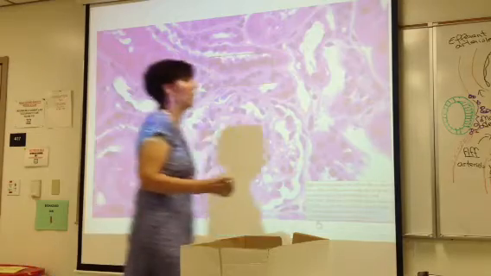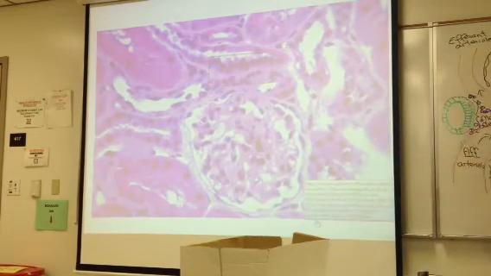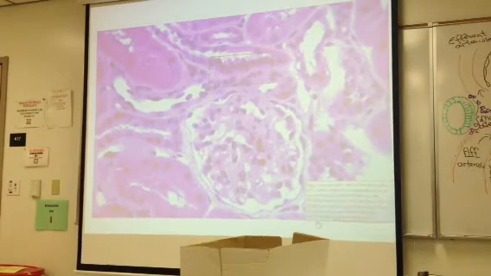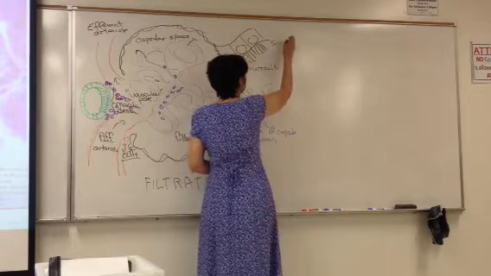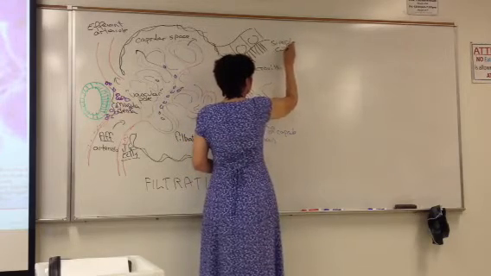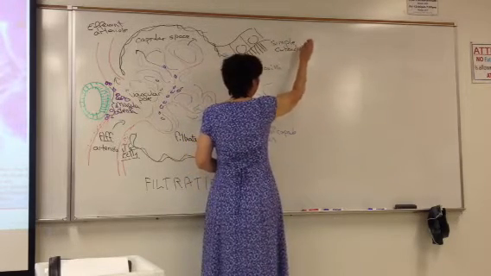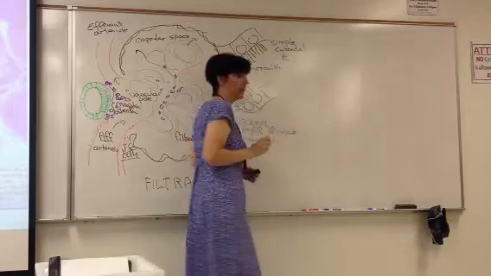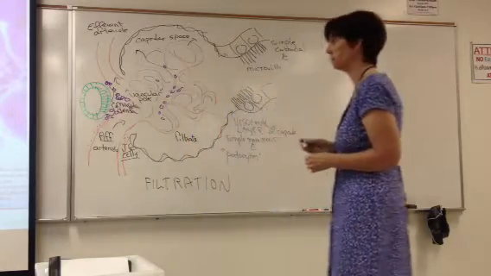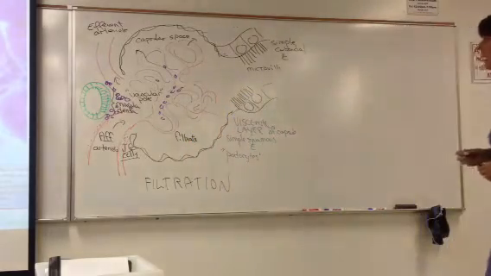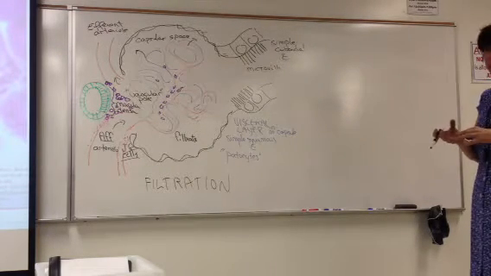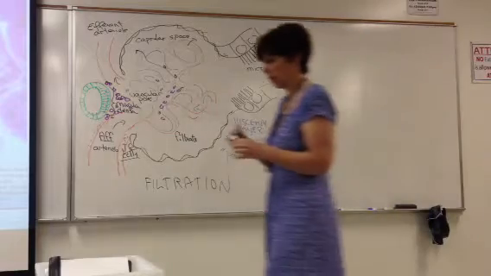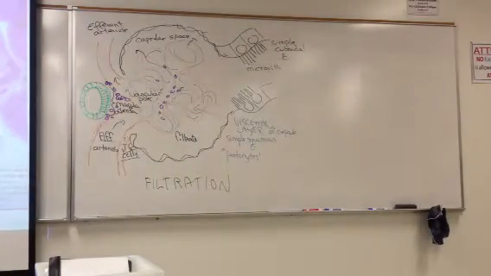All right, so typically their nucleus is in the upper half of the cell. And we have a simple cuboidal epithelium for reabsorption, an increase in surface area for reabsorption and secretion. So, as we look at that process,